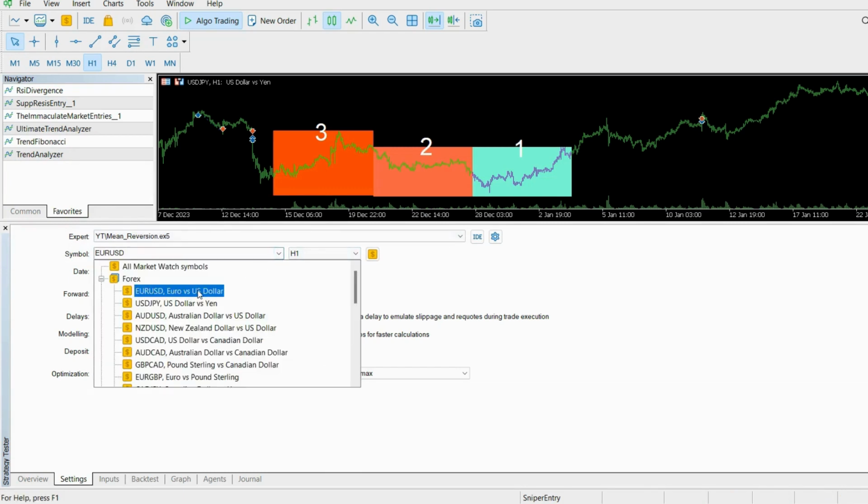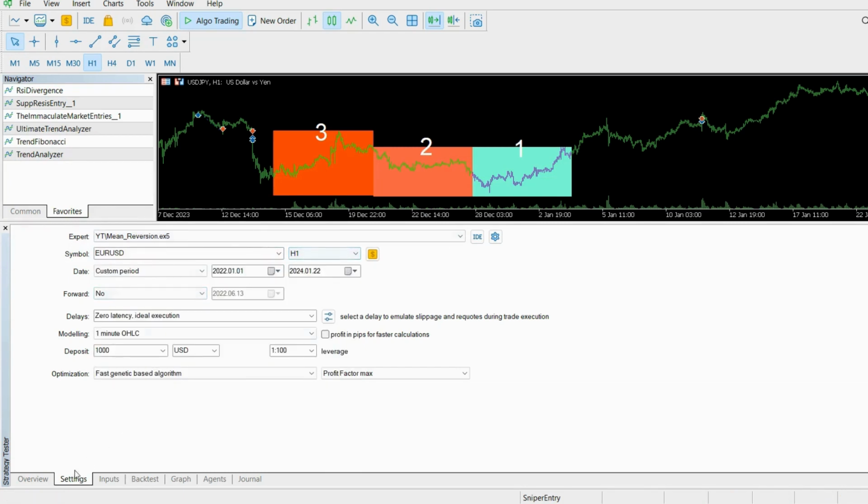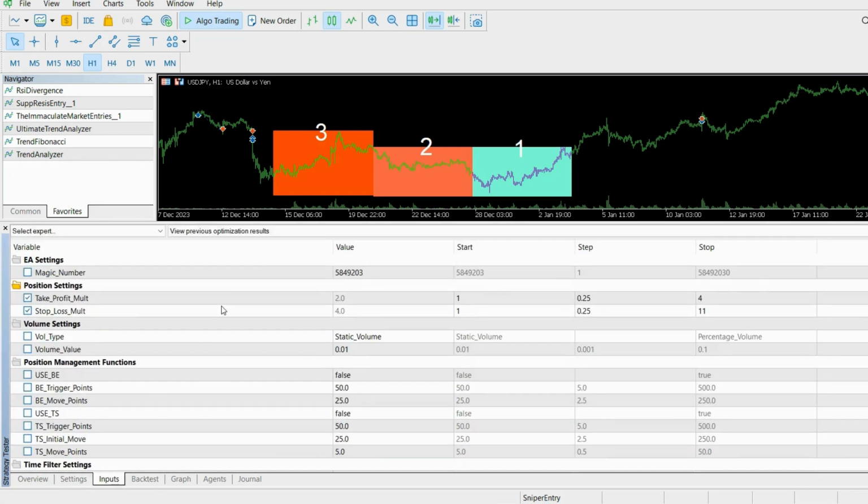Okay, so we'll start on Euro USD 1 hour time frame, and now to the optimization part. In statistics, there is something called overfitting. Overfitting is a well-known